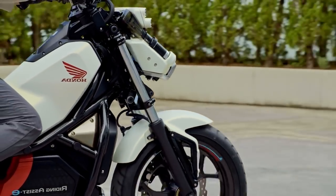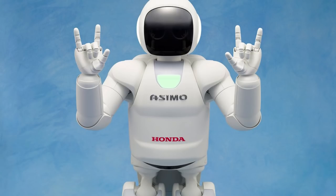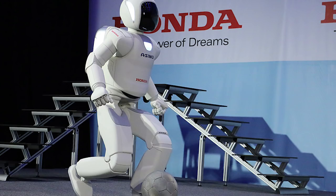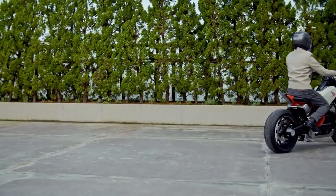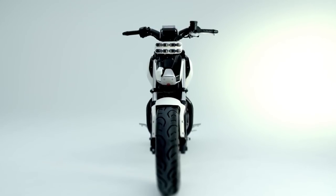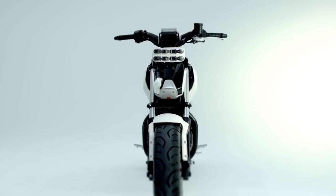But this technology was originally derived from Honda's ASIMO robot. If you guys know that one robot, that two-legged robot that Honda's been developing for many, many years, I remember as a kid seeing that thing pop up. But they're starting to get some cool technology out there, and I really like this because this is more of a safety thing. Because like I mentioned, how shorter riders on a taller bike, I mean, for myself, getting on a